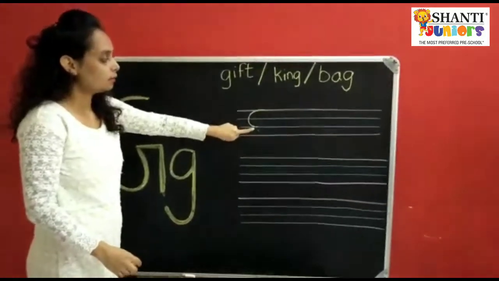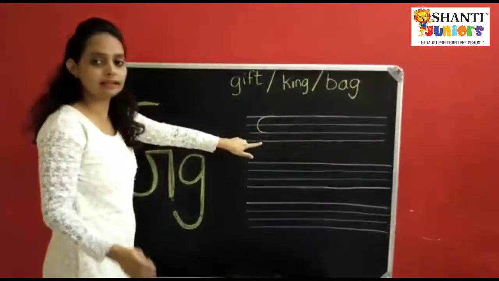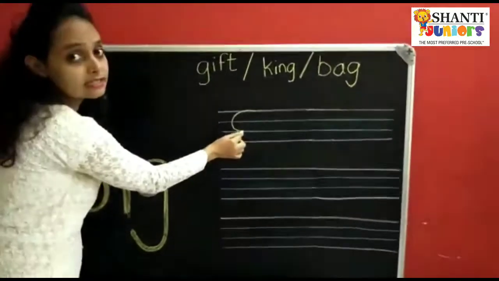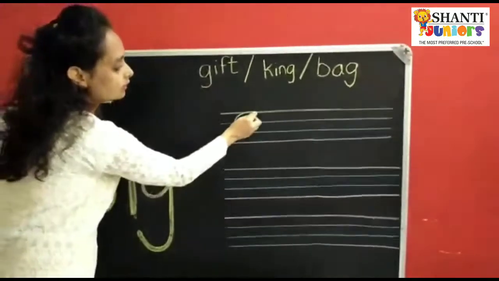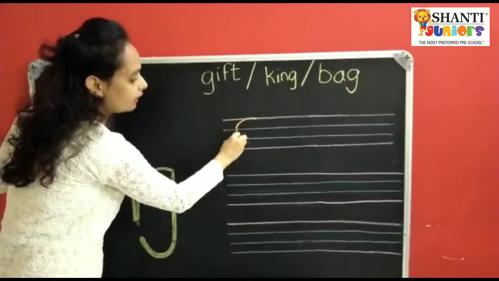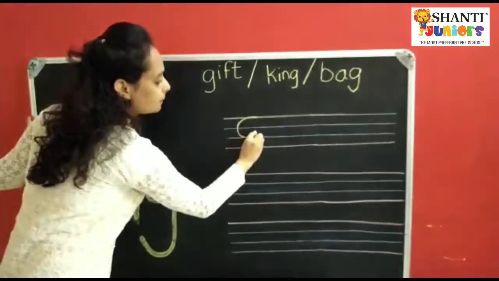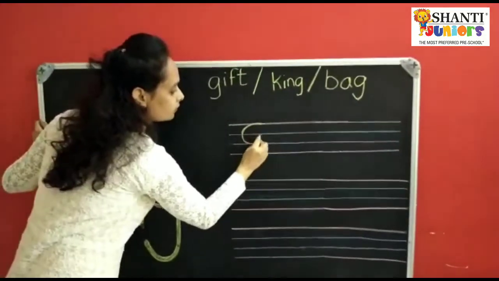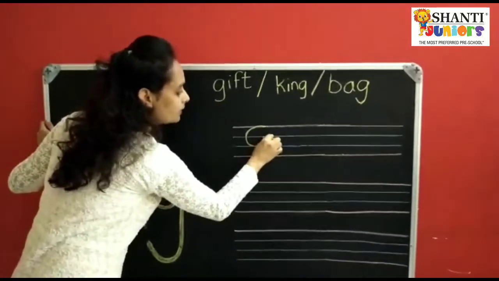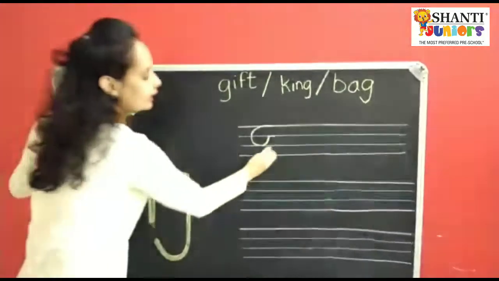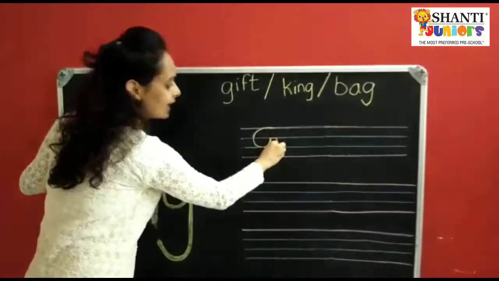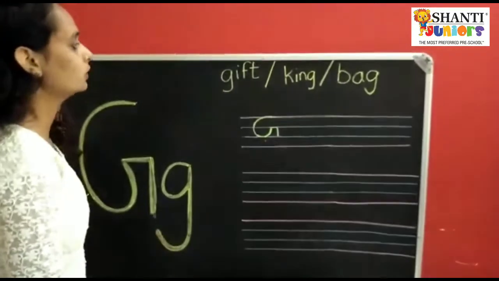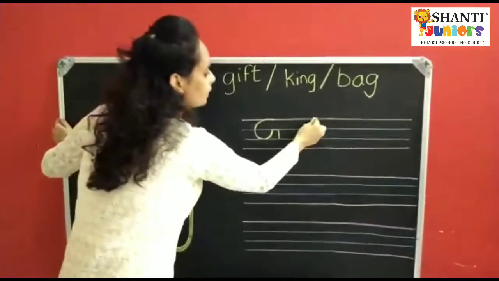C, first you have to write a C until the blue line. Okay, children. Write only up to the blue line, don't come down further. Okay. Yes. Can you see this? Blue line, curve, and from this you have to go up. Like this. Okay. Standing line you have to do, and from here a small sleeping line and again a small standing line. It becomes letter G. Don't worry, I am going to show you one more time.